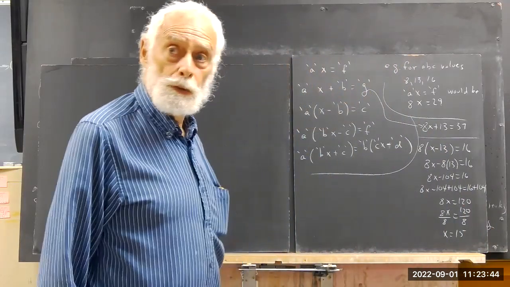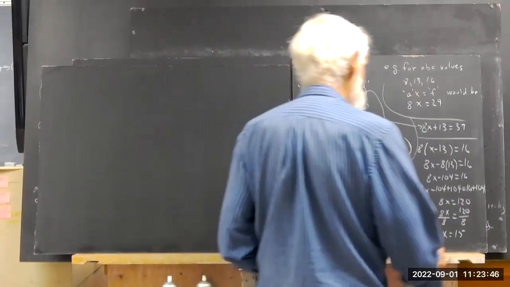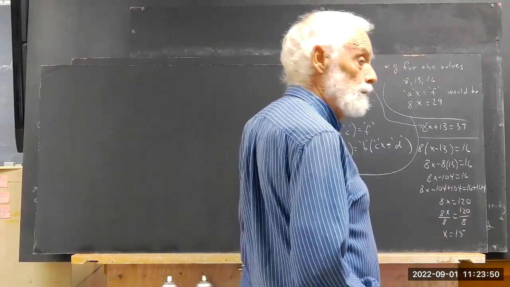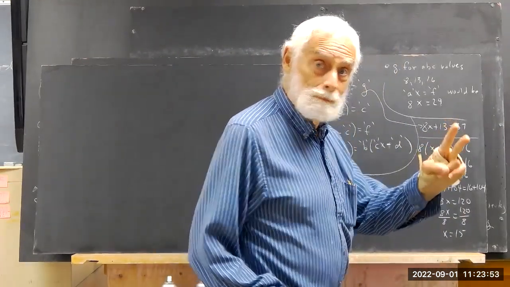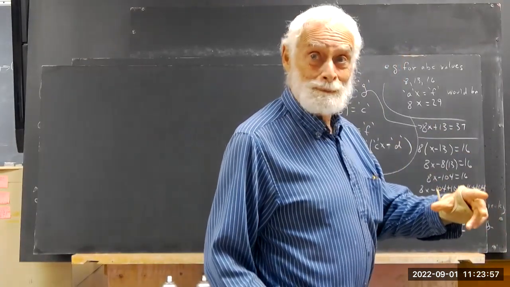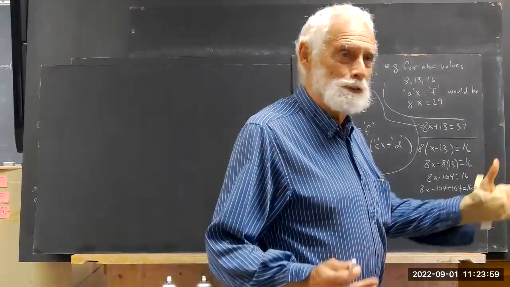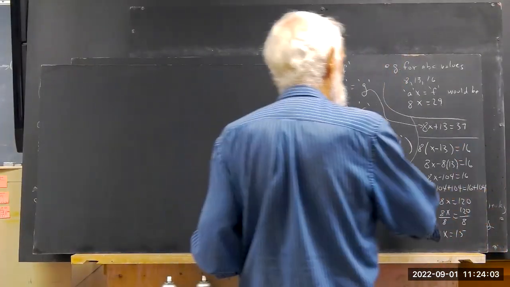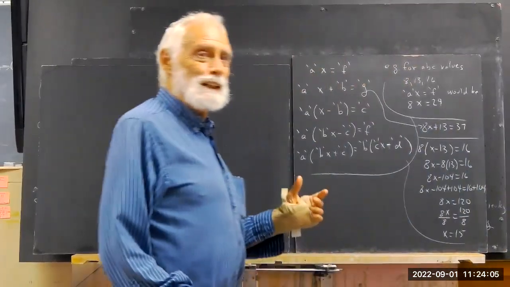Okay, then you check it. You put 15 back into your equation. 15 minus 13 is 2. And 8 times 2 is 16. So I actually did one right. Cause for celebration. This was really good. They do a lot of it. Okay. Now,